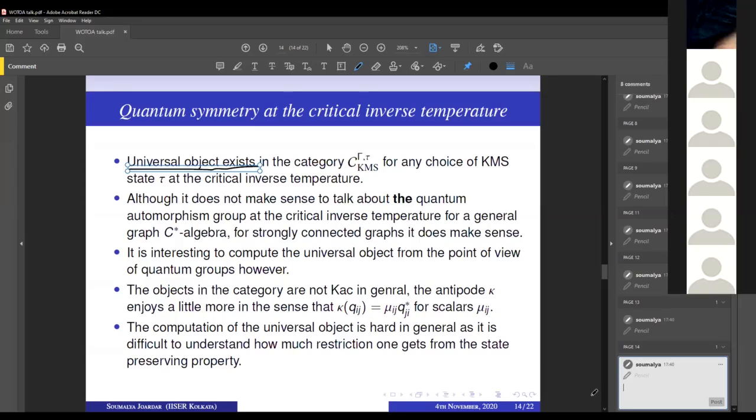Okay, and of course the computation is not easy. The computation of the universal object in the category is not easy. The reason is that it is very difficult to understand how much restriction one gets from the state preserving property. From the linear action, you can work with generators and all, but when it comes to understanding how much restriction one gets from the state preserving property, it gets difficult. But